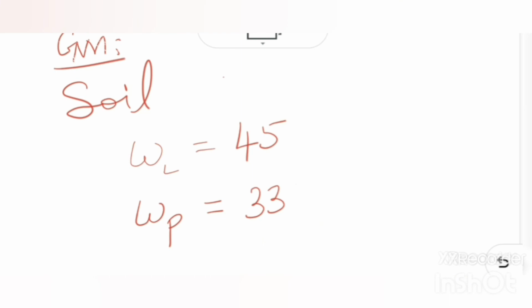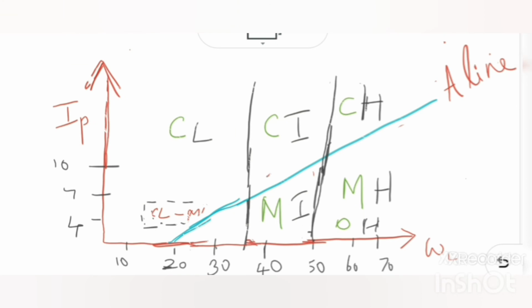Then another data given are liquid limit and plastic limit. So after coming to a conclusion that our soil is a fine grain soil, it is necessary to take help of this plasticity chart. This is the plasticity chart. So coming to the next classification, we need to check the liquid limit. So where does the liquid limit of our soil lie? Our liquid limit for our soil is 45. So which is here. So now we know that it is intermediate.